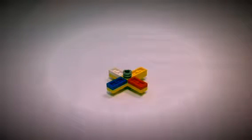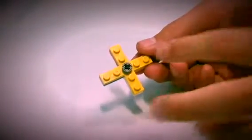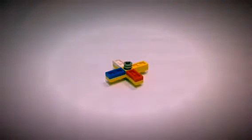Okay guys, so today I'm going to be showing you how to make this mini fidget spinner that is based off the one I made last week. Some pieces you might not have is this piece holding the whole thing together. Once again, I'm not exactly sure what you could do about that because it's sort of an uncommon piece, but